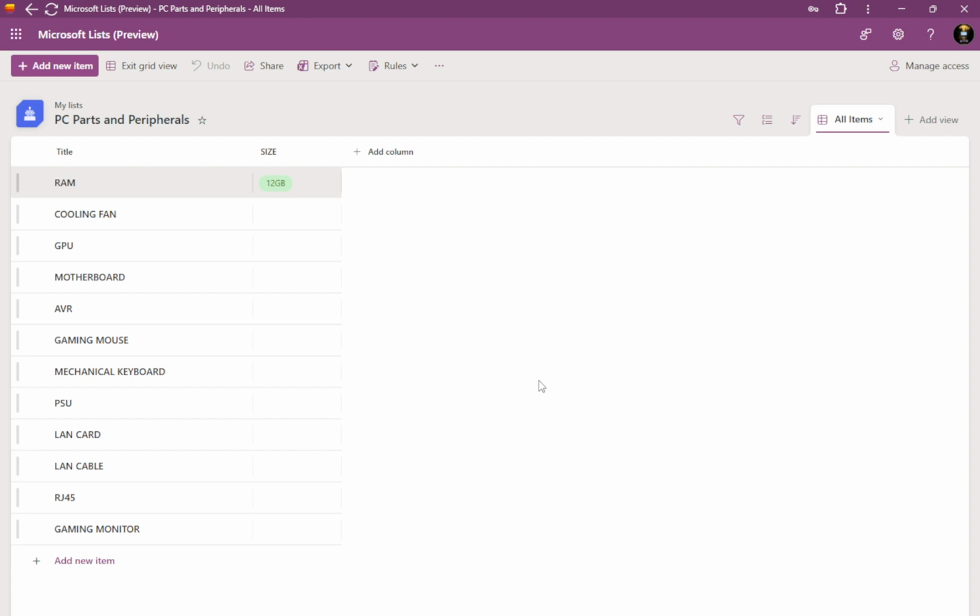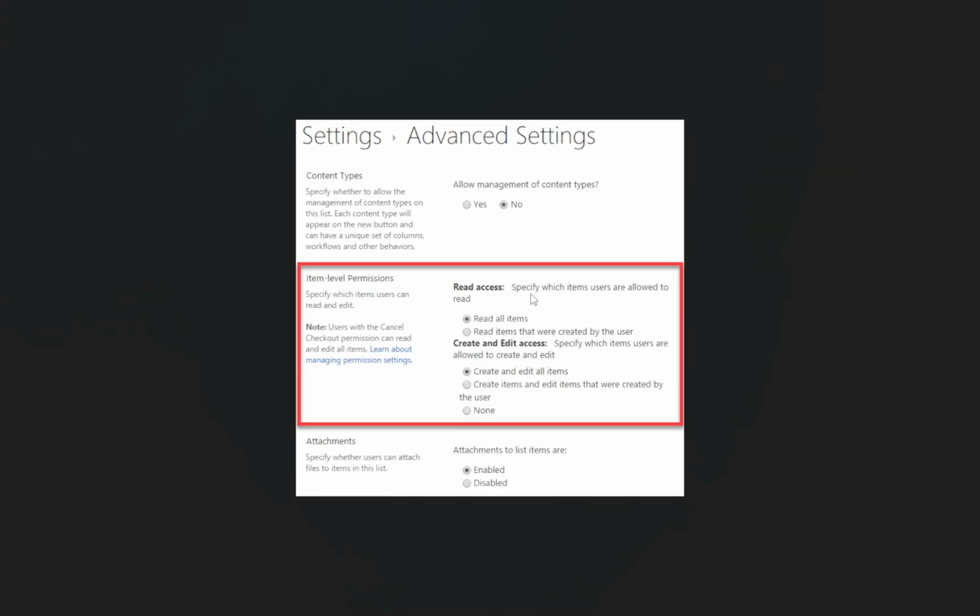A few quick tips to keep things smooth. These settings apply per list, so repeat the change on each list where you need this behavior. If you use custom forms or automation like flows, remember they run with the permissions of the account that triggers them. To verify the setup, test with a non-owner account or an in-private browser window so you see exactly what